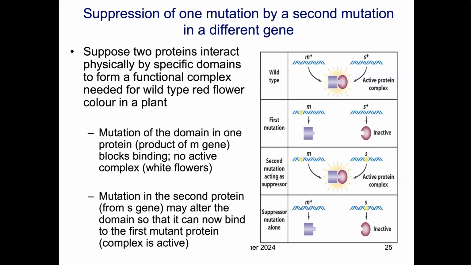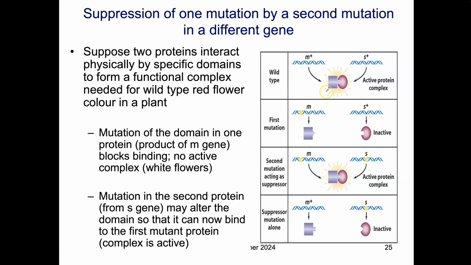Okay, this is the final, the third preparation video for lecture 19. And we're going to be looking at suppression of a mutation by a second mutation in a different gene. And this is a known phenomenon. So it happens when,